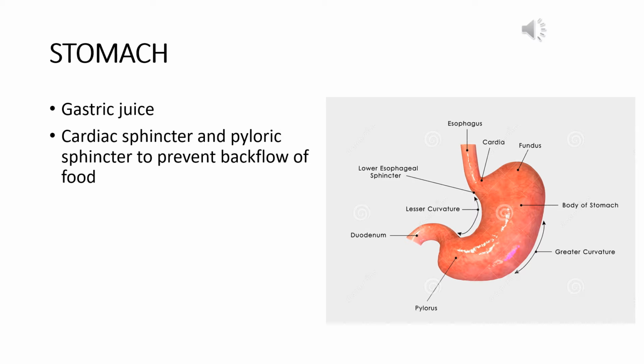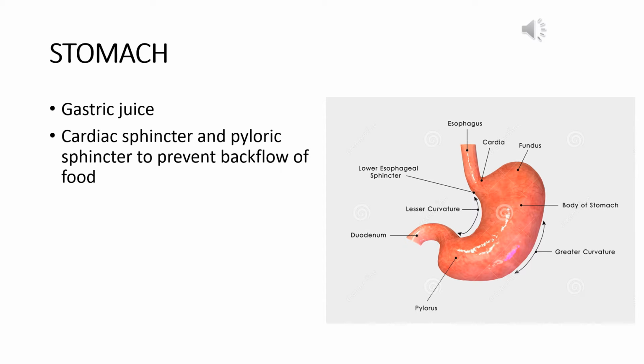So after the food has entered into the esophagus and it has come into the next part to which the esophagus is connected, that is the stomach. And in the stomach, the digestion of protein begins. Let us first take a close look at how the stomach looks like. The stomach actually looks like a sac. It is more of a sac-like structure. At one end, it is attached to the esophagus, and at another end, it is attached with the duodenum part